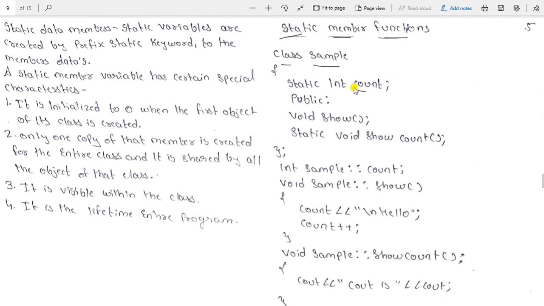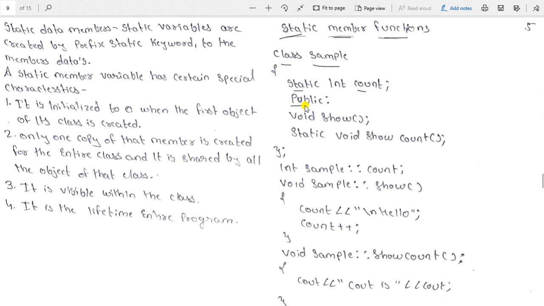It has a special property, because in front of the data type int we have put the static keyword. So now count is a static integer variable. I hope you got this. The count is under the private section; I have not written the private access specifier here, so by default it goes to the private section.